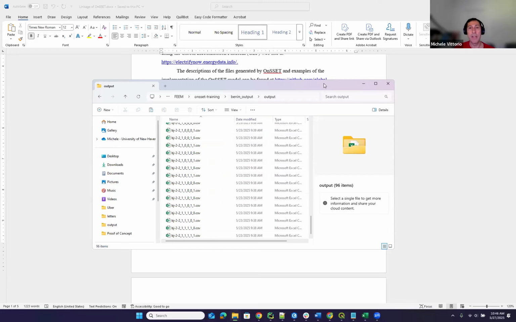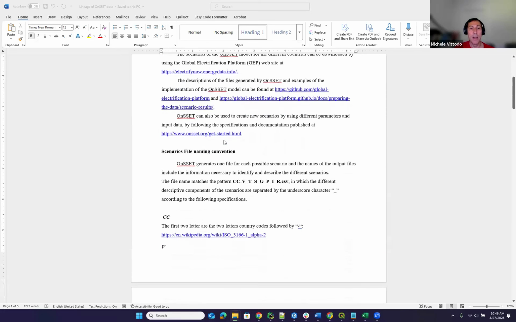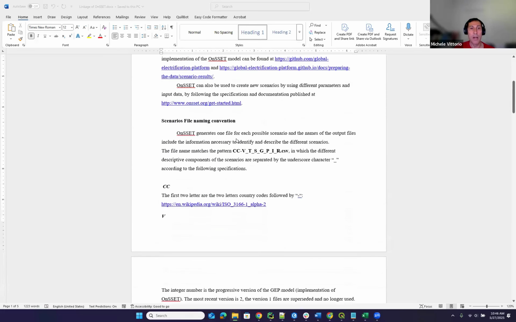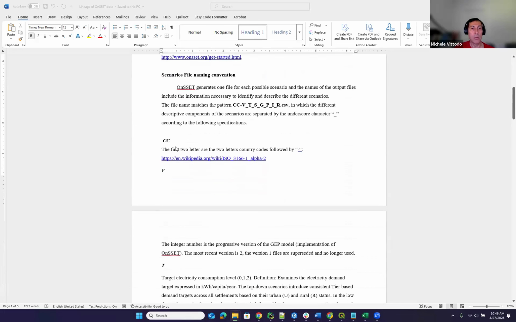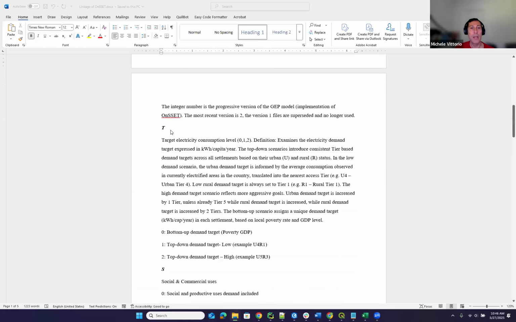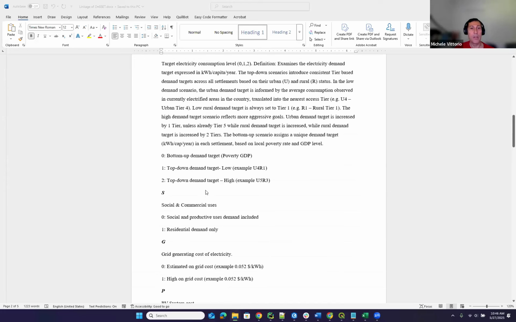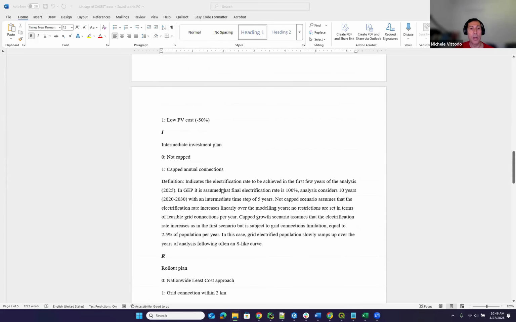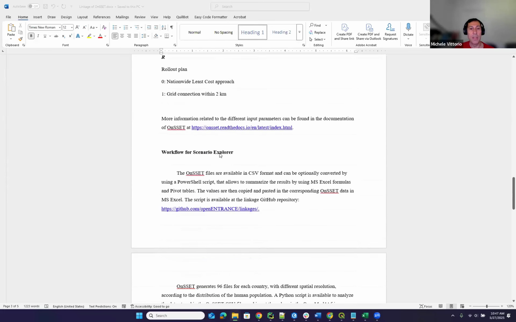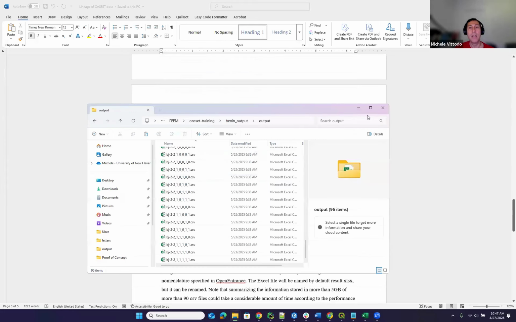So each file is a different scenario, and by reading this document, you can understand the scenario. The first two letters are related to the name of the country. The next is a number that is the version 2, so you're always going to get version 2. Then you have the target consumption, and then the social commercial use, and so on. Okay, so this is how, by reading this document, you understand the